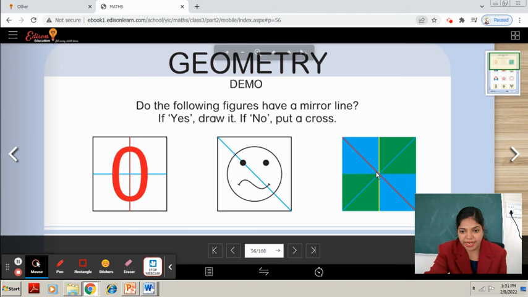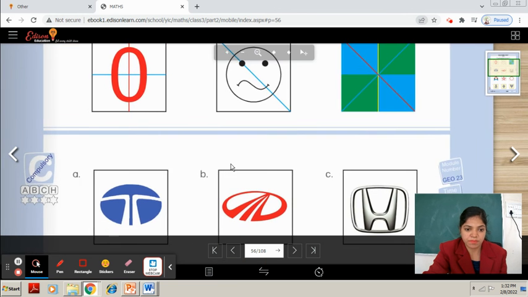Okay. And in this square you can see these two boxes have one color and these two boxes have a different color. So students, this figure doesn't have a mirror line, so we will put a cross on it. Is it clear to all of you? Okay. So now part A,